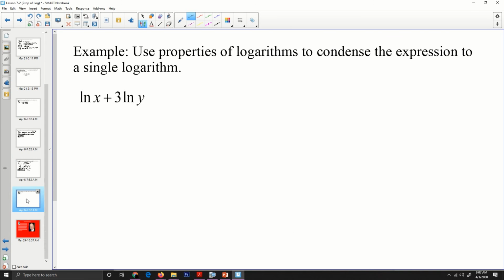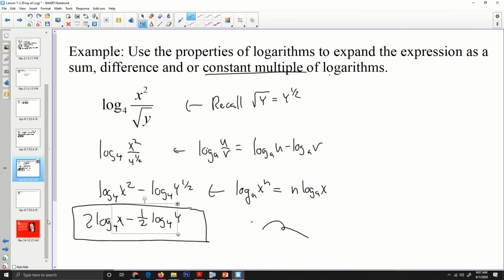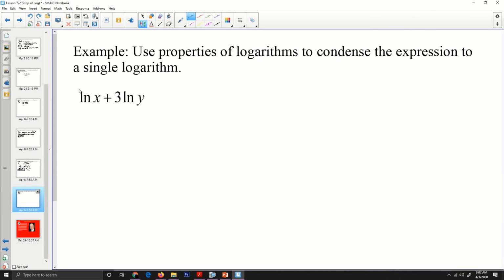Down to the last one here. Okay, use properties of logarithms to condense the expression into a single logarithm. So I'm essentially doing the opposite of what I did in the last one. In the last one, I expanded. In this one, I'm going to condense. So my final answer, I can only have an ln. Now I want to use, because it's a plus, I want to multiply these two things together. But I have to first move the 3 up